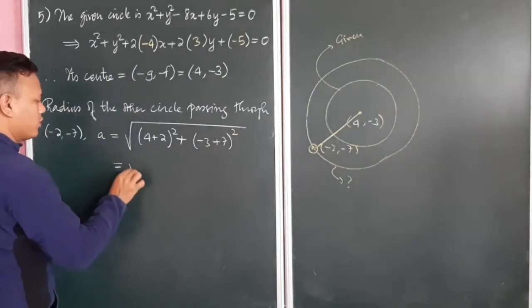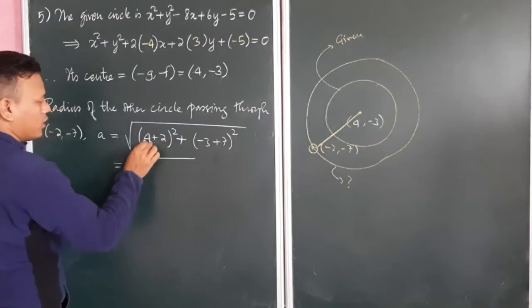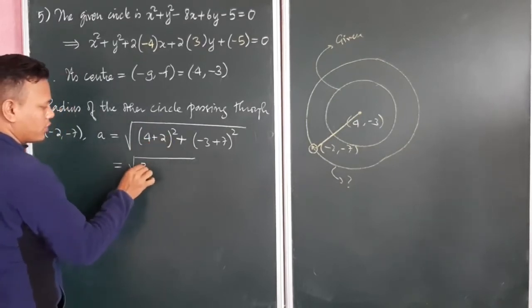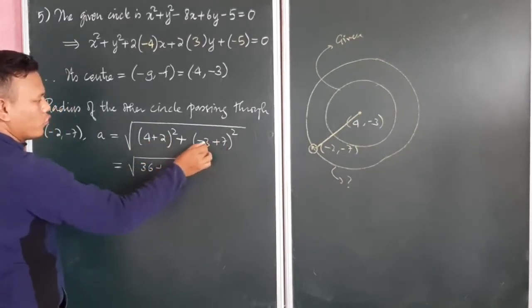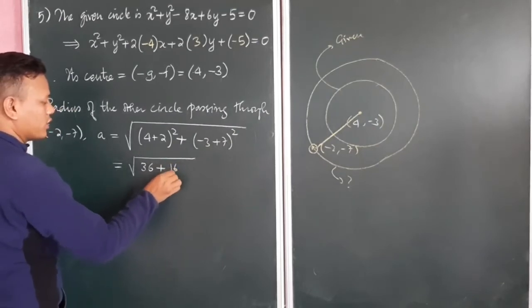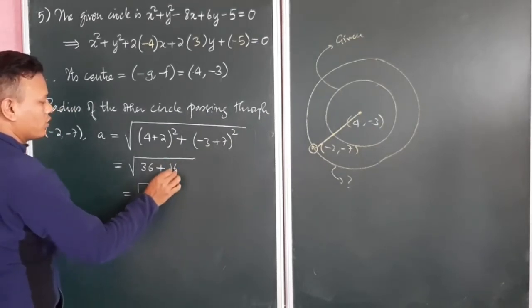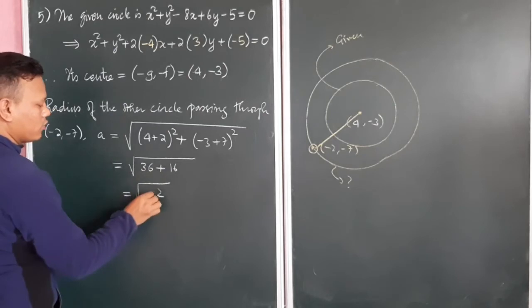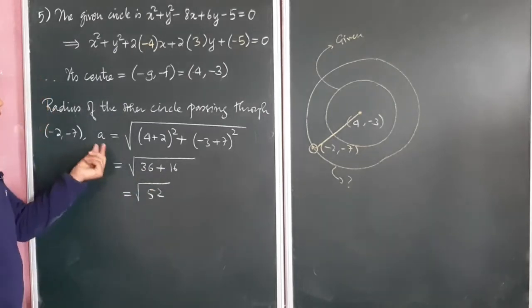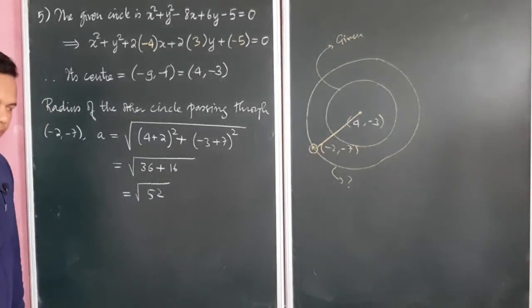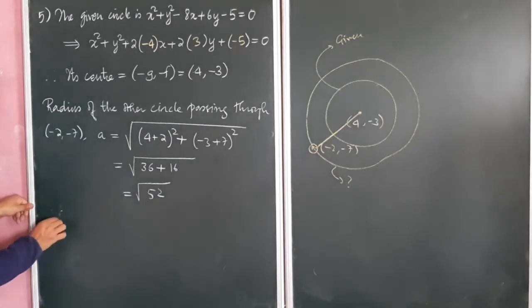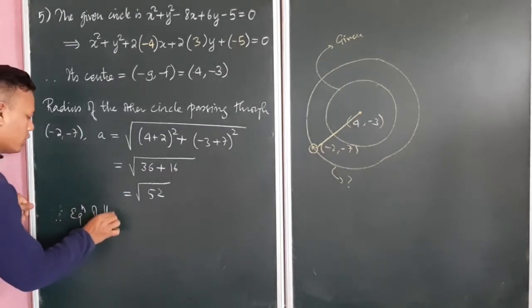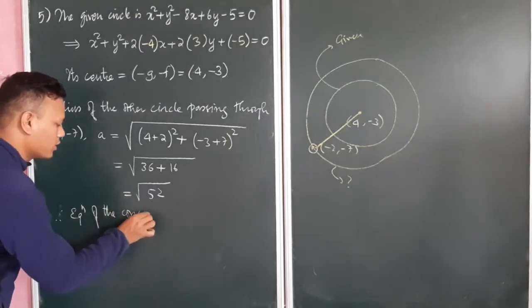So we have this is 8 square, I'm sorry, 6 square, which is 36, plus this is 4, isn't it? So 4 square is 16. Let's add them. 6 plus 6 is 12, we'll carry over 1, so this becomes 52. So the value of A turns out to be square root of 52. Therefore the equation of the concentric circle